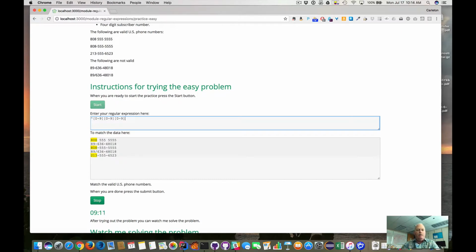So now we have a space or a dash. So again, I want to say a space or a dash. And then you can see where I've matched the space, I've matched the dash, I've matched the dash. So I'm good. Now I want to match 3 numbers, so instead of 0 through 9,